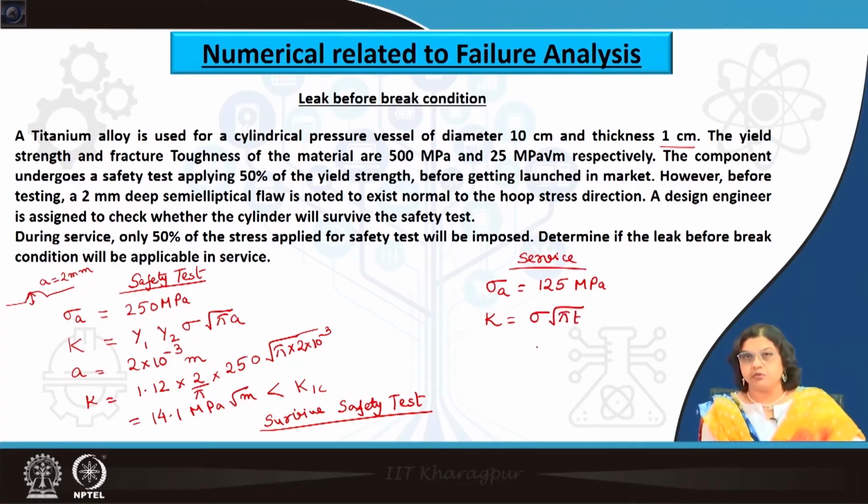So, it says sigma root over pi t. So, sigma is 125 and t is 1 centimeter. So, that makes K value of around 22.1 MPa root meter. So, we see that leak before break condition will be applicable